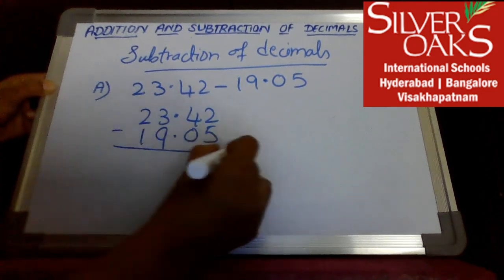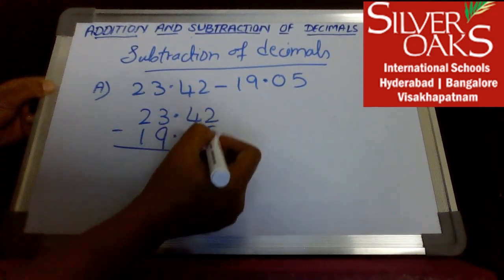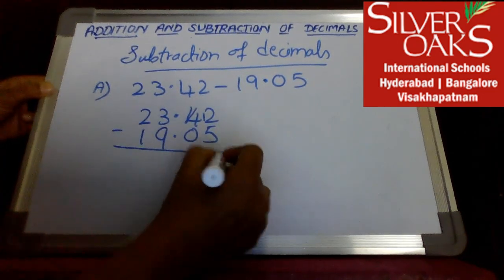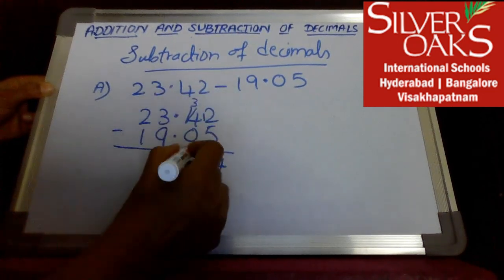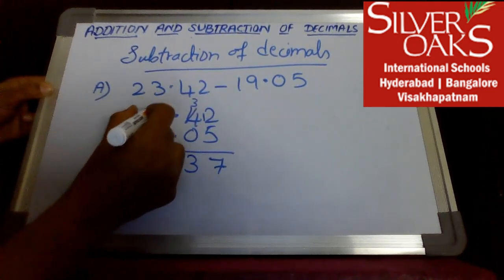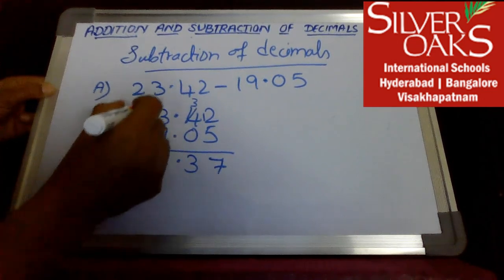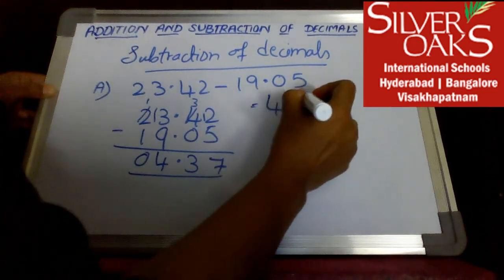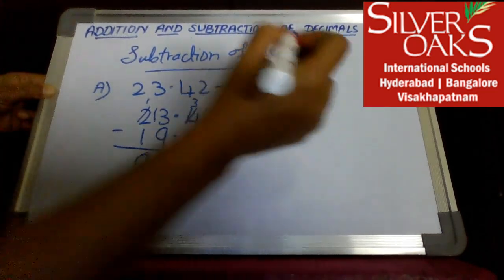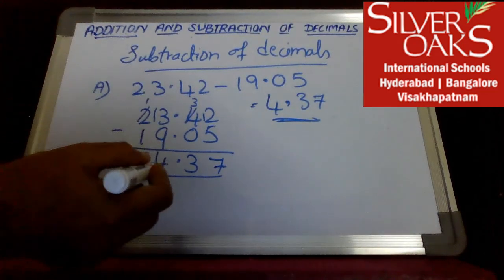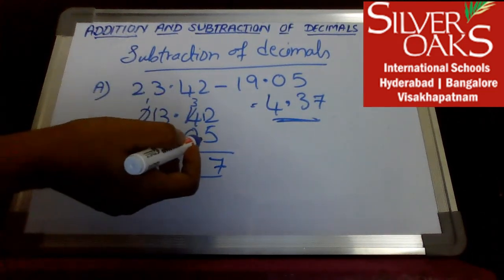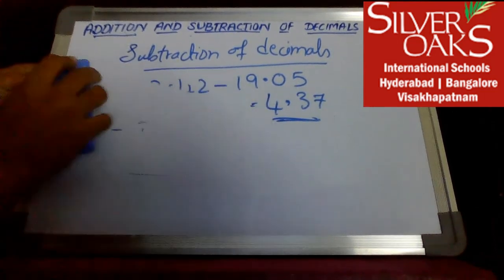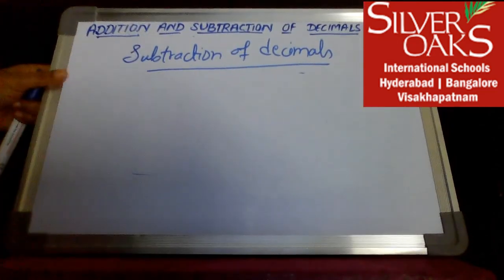1.05. So let me subtract. I can't subtract here because it's a smaller number. So I will borrow one from here. It becomes 7. So 3 point. Again I need to borrow a number here. It's 4. So 1 minus 1 is 0. So the answer is 4.37. Okay, so I have lined up the decimals first, and here I need not convert to like decimals because they are like decimals here. So I'll show you one more example for subtraction of decimals.